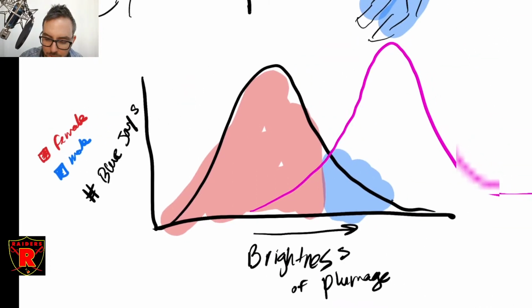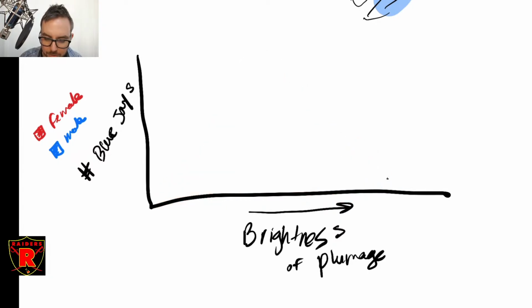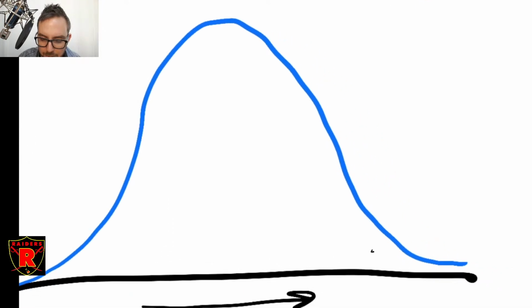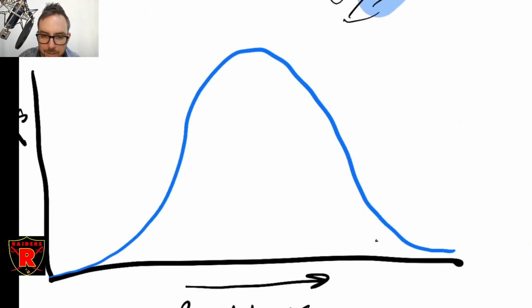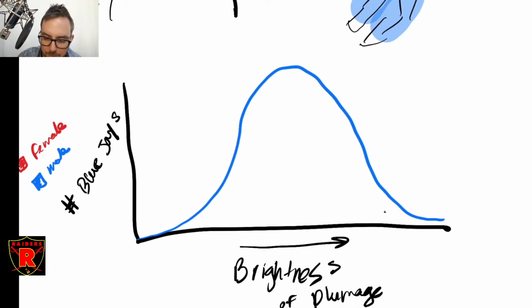Okay, so if we look at the distribution for males and females, what it's saying in the question here is that the distribution for brightness of plumage for males is usually going to take on a normal distribution, where there's an average that's the most common brightness. There's some that are slightly brighter, some that are slightly less bright. And the same curve for females is identical. In other words, females and males have the same brightness.